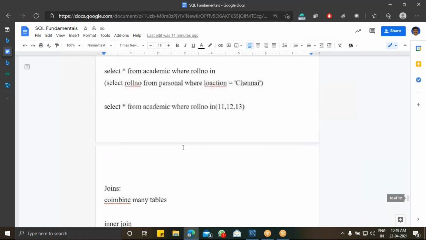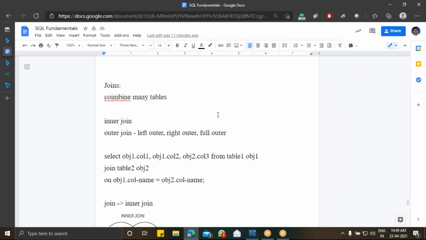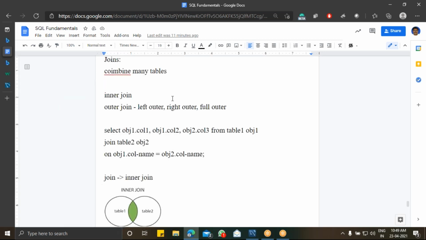So join is nothing but instead of adding the query, we are going to relate these two tables. So there are two types of joins. One is inner join and outer join. So inner join is nothing but intersection, whereas outer join is again split into two things. One is left outer join and right outer join. So left join or right join, which is also called left outer join and right outer join, is nothing but a left outer join will always match the equal column from my right table and also include all the values from my left table.